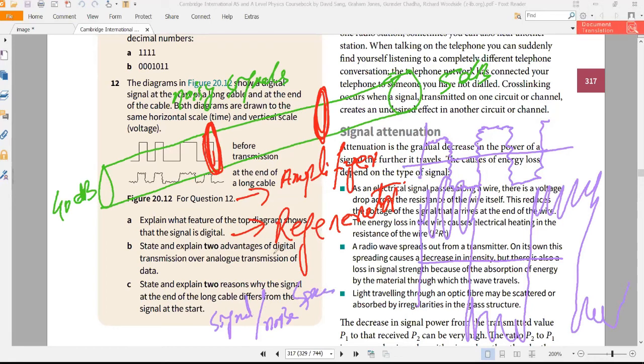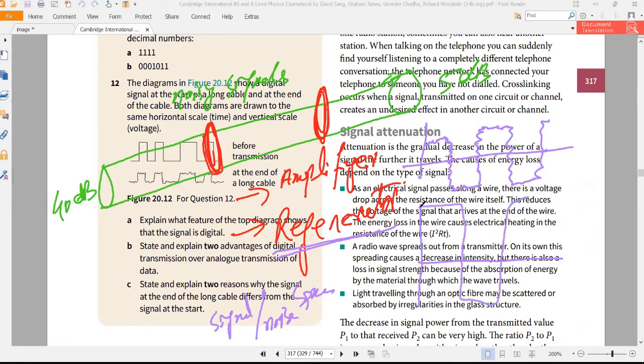And the regenerator will clean the signal. The first step is it will clean the signal from the noise, then it will amplify the signal or convert it into the original input power and original shape, the shape which is over here. So it will clean the signal and then amplify. In the case of a regenerator you will get output like this, and in a regenerator the signal to noise ratio is not the same.